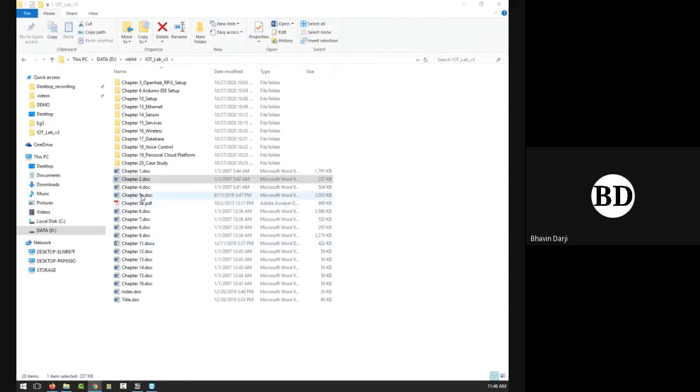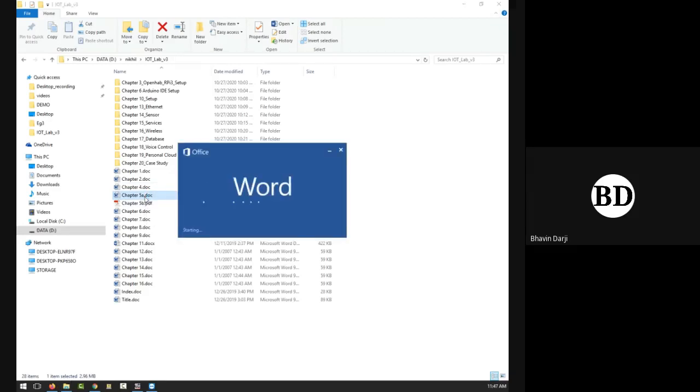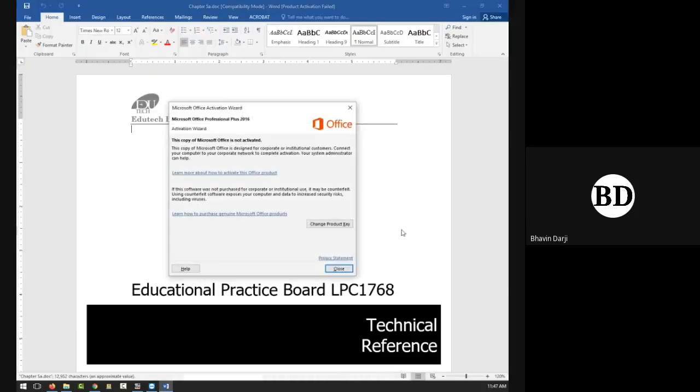So that is chapter 2. Then chapter 3 and chapter 4 cover how to set up our OpenApp service on our Raspberry Pi. If you have this setup, you can follow this document and create your own IoT application. Then comes the overview of our kit. So if I open this,